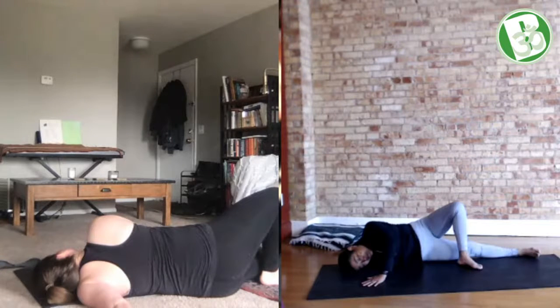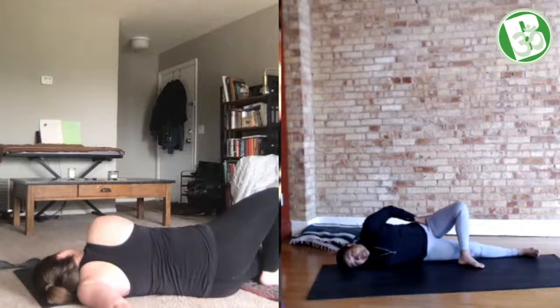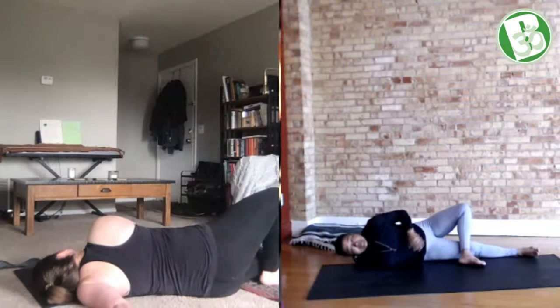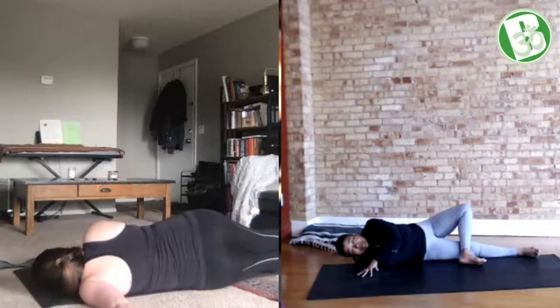And just feel that shoulder opening up, a nice deep stretch. We'll find a few breaths here so we can work deep into our connective tissue. This kind of restorative space. When you're ready, just be done and gently, just slowly, breath by breath, roll back into your belly,